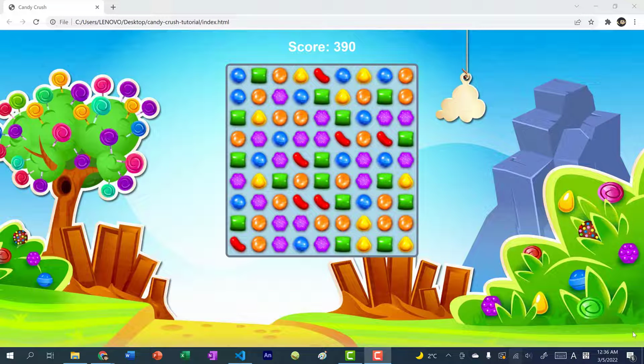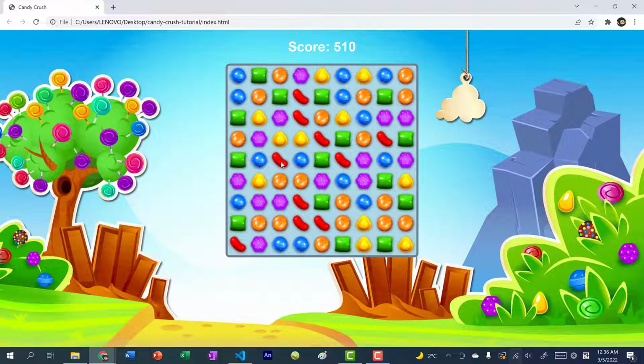In this video, we're going to be creating Candy Crush from scratch using HTML, CSS, and JavaScript. So what you see here is the final product that you'll have by the end of this video. You can see we have a score and we have our game board over here. So I can swap any two adjacent pieces, for example, these two, this orange and purple, and you can see the candies get crushed and new ones come down. I can do the same here and here and here and so on, and the score goes up every time